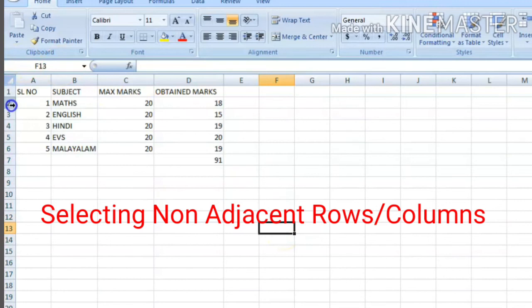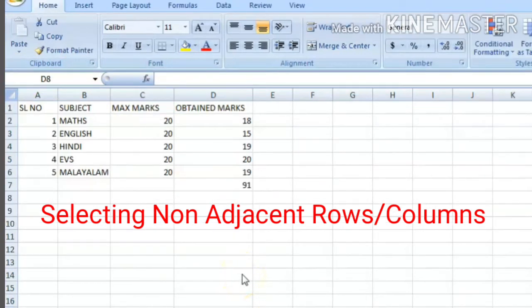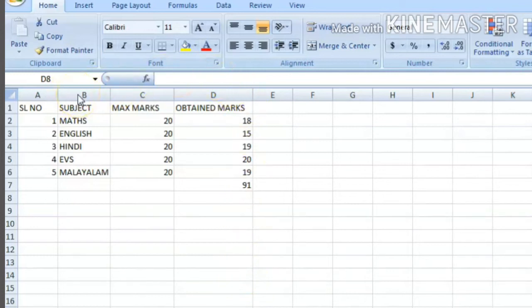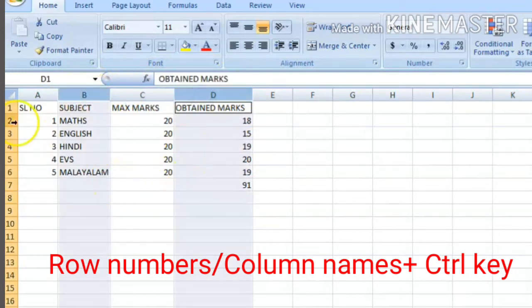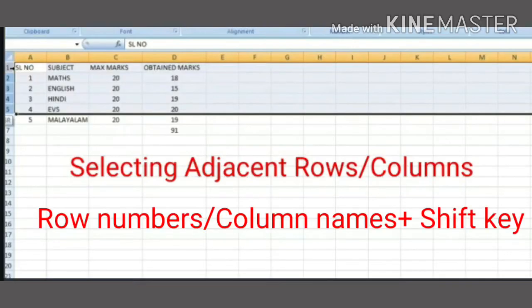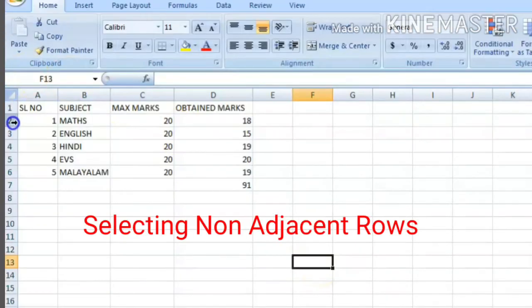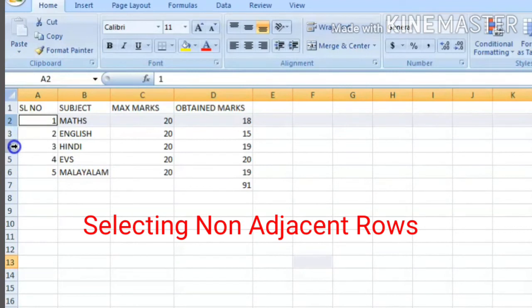Here you can see I have selected two non-adjacent columns. While selecting non-adjacent rows or columns, the control key is used, and for selecting adjacent rows or columns, the shift key is used. So do it and learn it so it will be more clear to you.